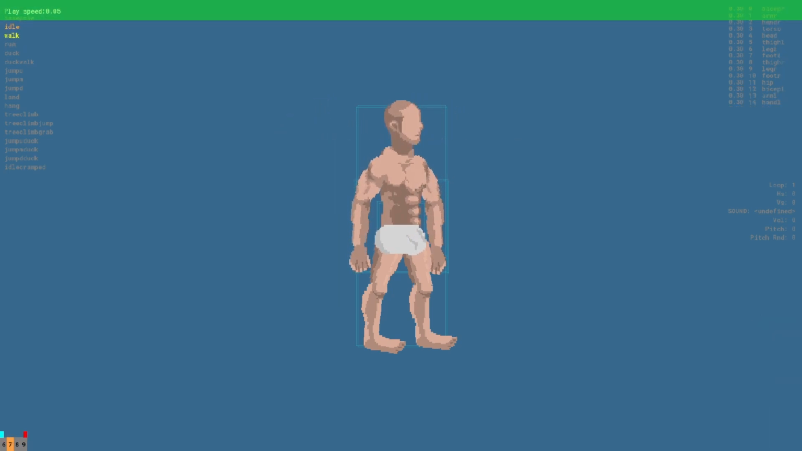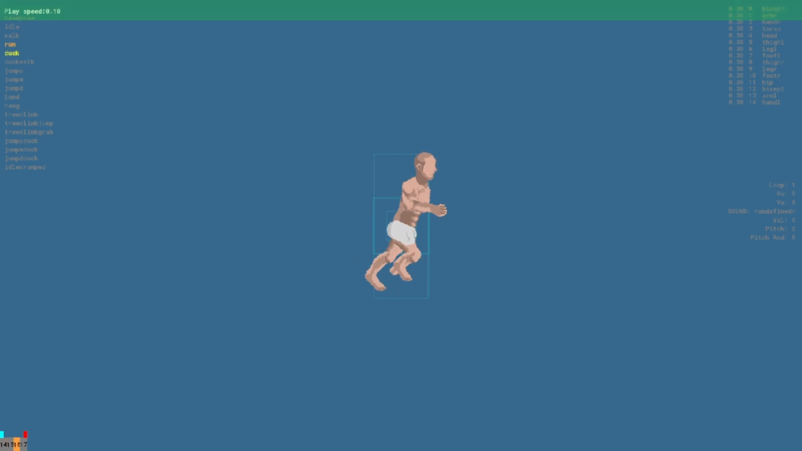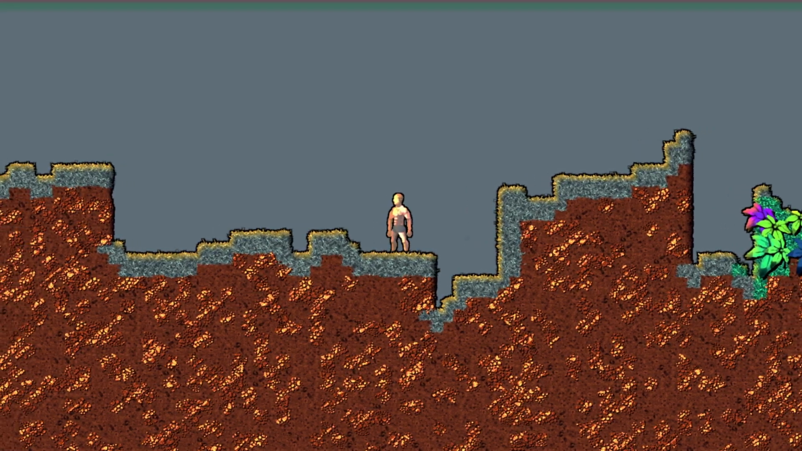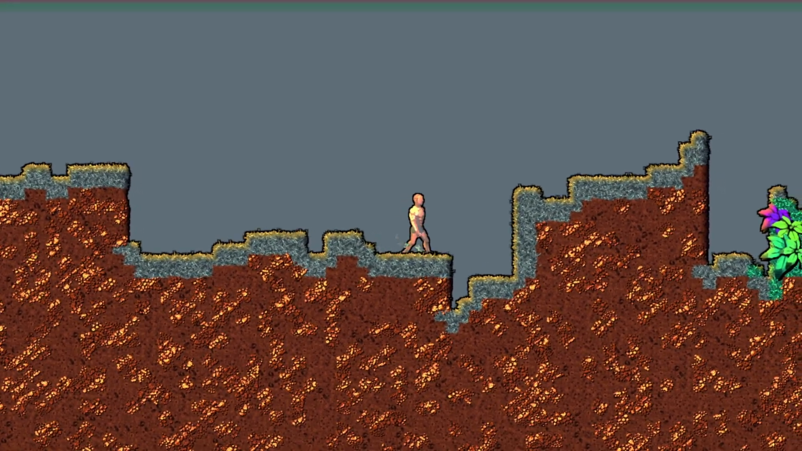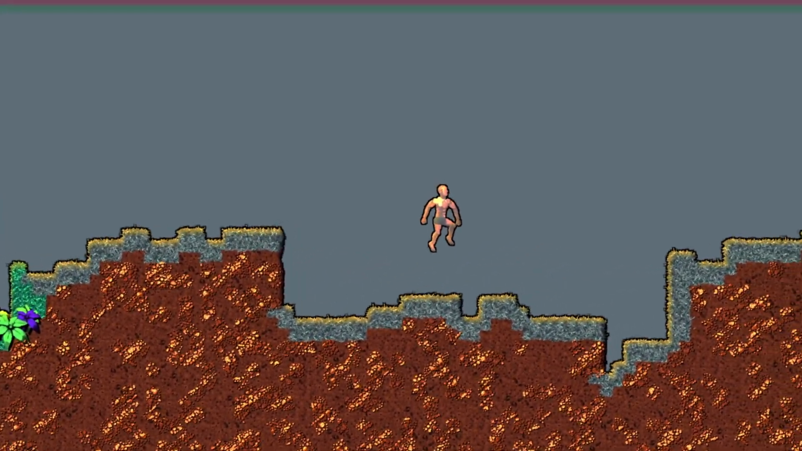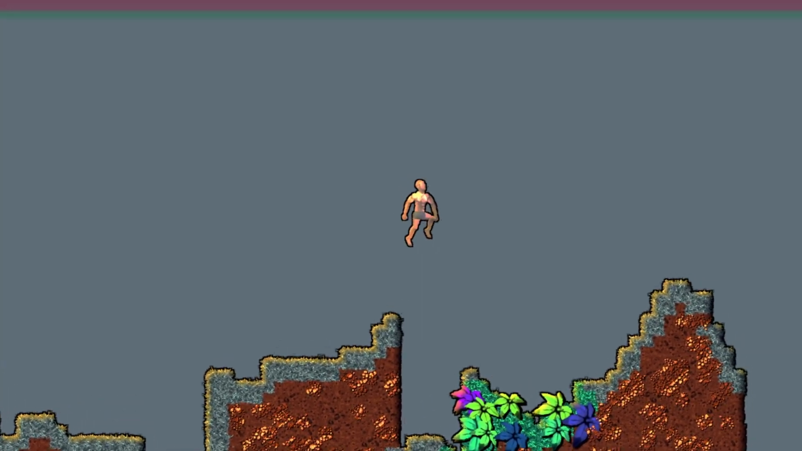So I just made some basic animations, idle, walking, and so on. Then I added these animations to the game, and it's starting to look good. Look, it's very smooth. The transition between each animation, and also